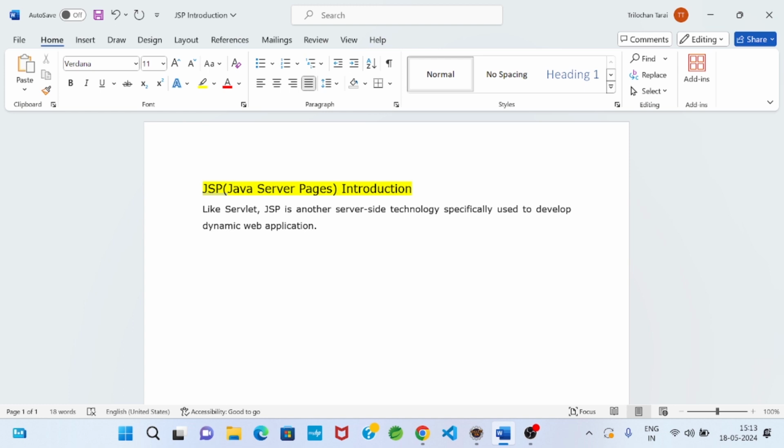JSP is very simple. It is very easy to write a JSP application in comparison with servlet. We will see.